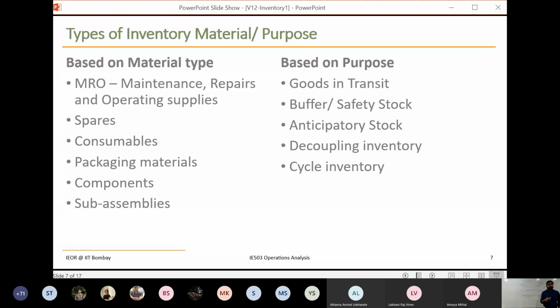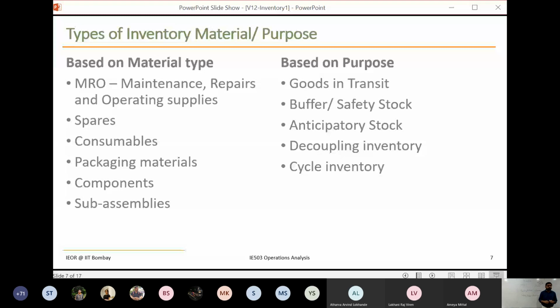For example, if you anticipate some supply disruption can happen, then I buy the raw material early. If I expect the price will increase, either of raw material or of whatever the product, then if I'm the manufacturer it is raw material, and if I'm the trader it is the finished product. If I expect the price is going to increase, then in anticipation I'm going to buy more quantities and keep. Those are all called anticipatory stock. Typically these anticipatory stocks are more short term in nature. We don't plan really long term for this.